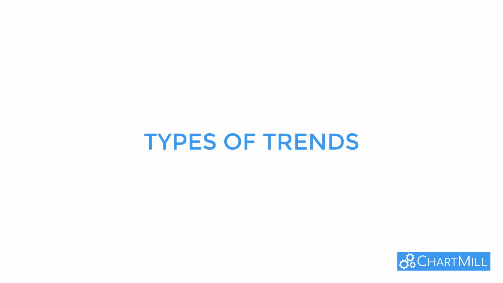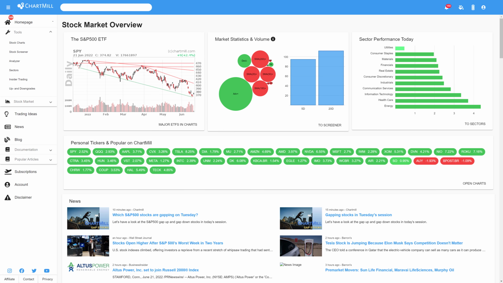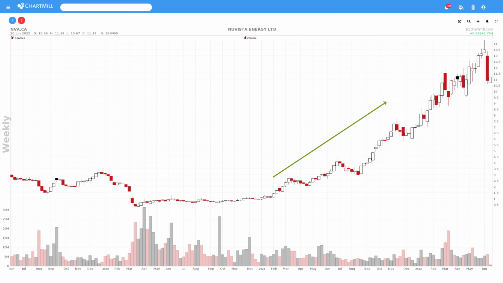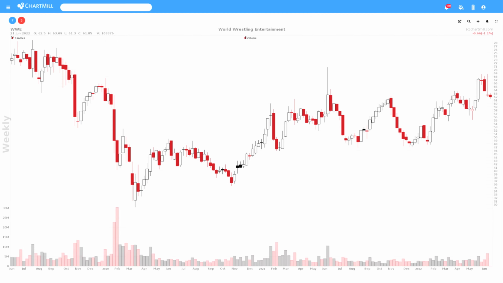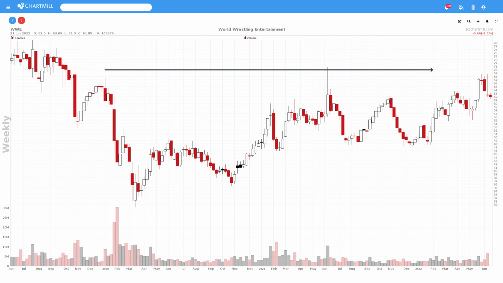Let's start with a distinction between the different types of trends. Regardless of which chart or time frame you look at, there are only 3 possible trend formations: a rising trend, characterized by higher tops and bottoms, a downward trend, characterized by lower tops and bottoms, and finally a sideways trend, where the tops and bottoms are at approximately the same level, whereby price is moving up and down between a